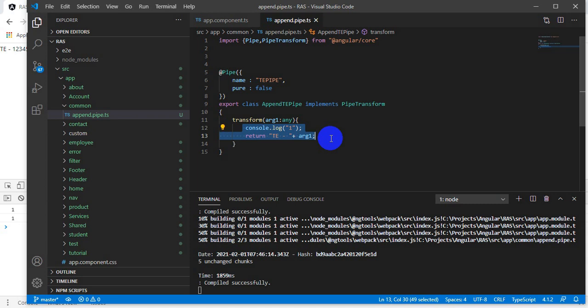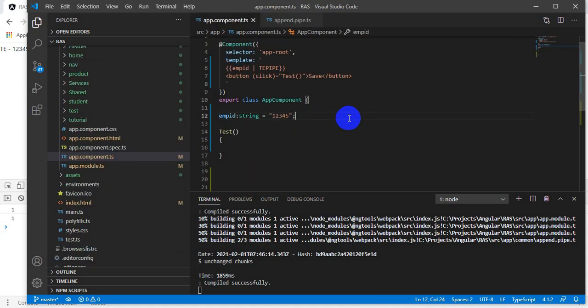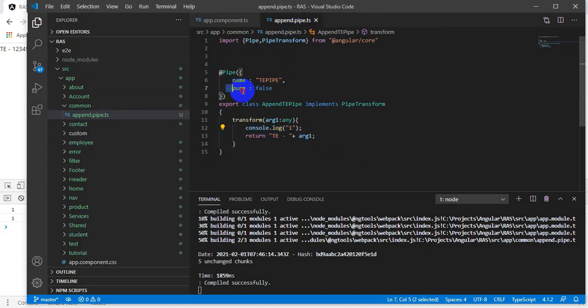So imagine if your transform method is executing on every change detection, then definitely it will be a performance impact. So we should not create an impure pipe unless and until it is required. That's why whenever we create a pipe and if we don't provide this pure property, then by default your pipe is a pure pipe.